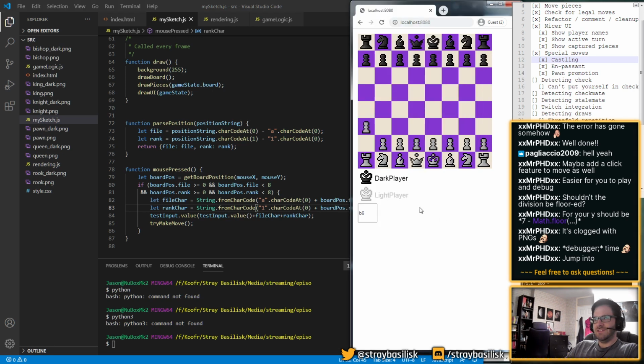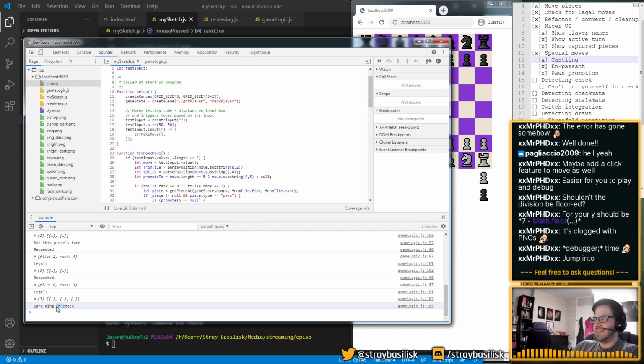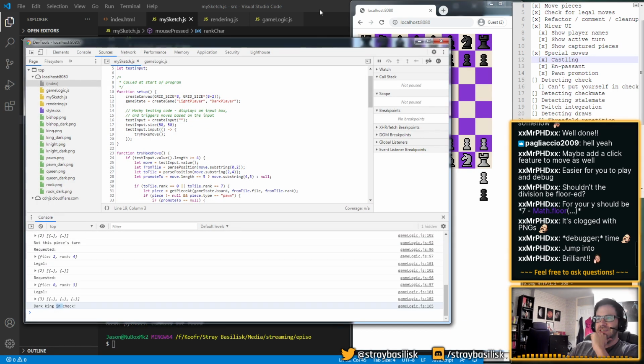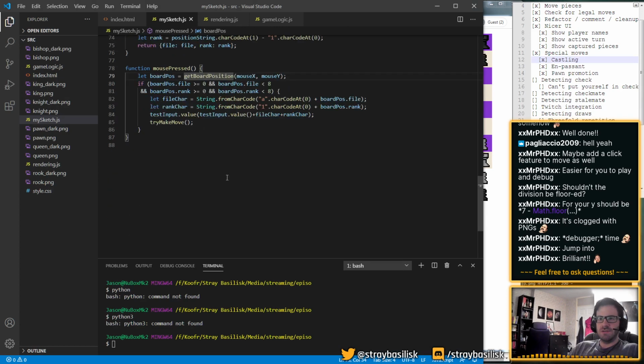Chess players start counting from 1, like weird human beings. Okay. Yes, there we go. I think this is still worth it. Oh my god, this is amazing. Oh, this is so much nicer. If you look in the console, we should see Dark King in check. Yes, we are. Okay, we're really getting somewhere here. Awesome.